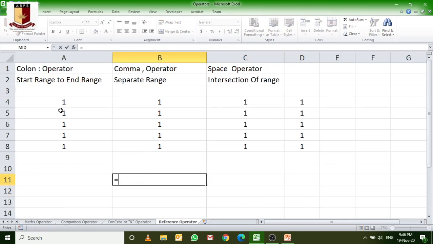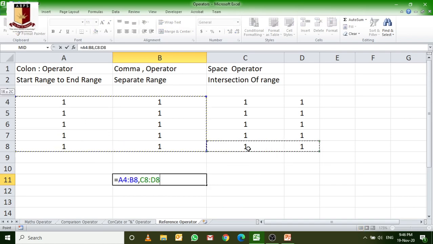Equal this range, and I select it, sorry, equal this range and this range. But I have taken a comma here. Let me remove the comma because this is the space operator.